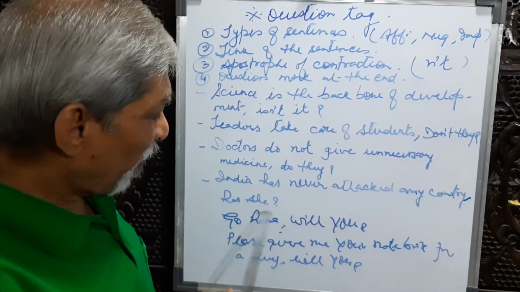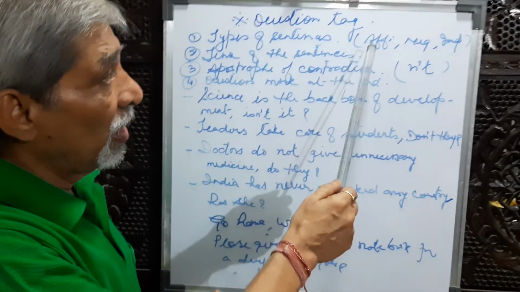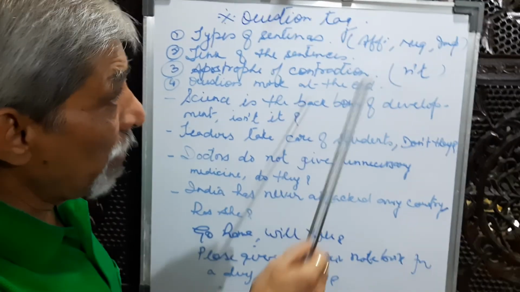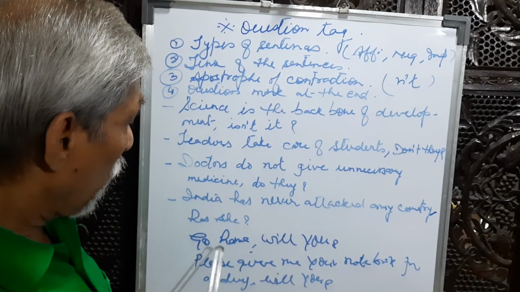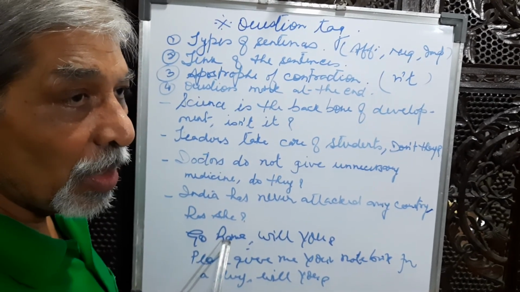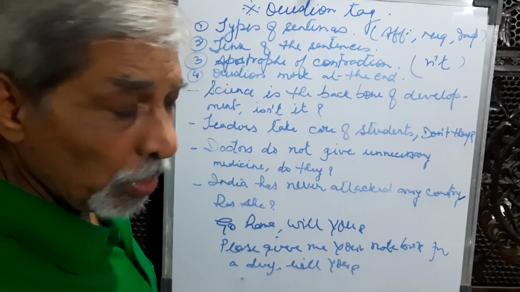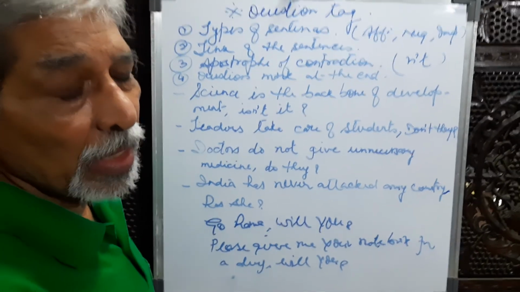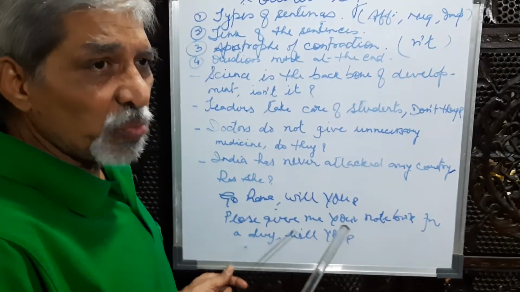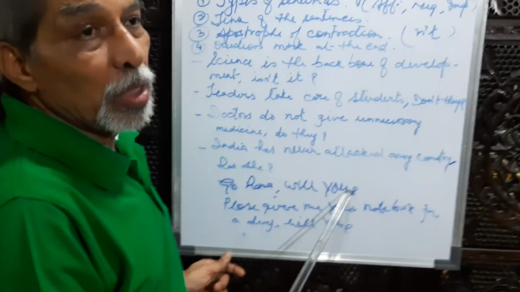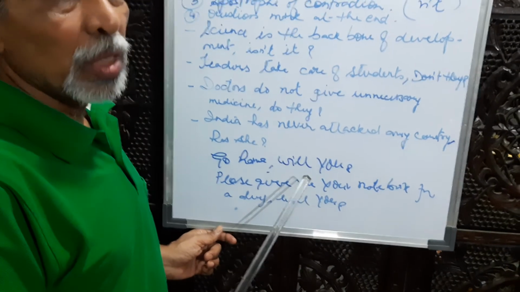Then a few sentences are written here regarding the imperative mood sentence. We understood affirmative and negative, but in imperative mood sentences we have a different rule. Go home. Go home is an instruction. It is imperative mood. In imperative mood sentences, the subject you is always silent. Just we write will you. In all the imperative mood sentences, we use will you.